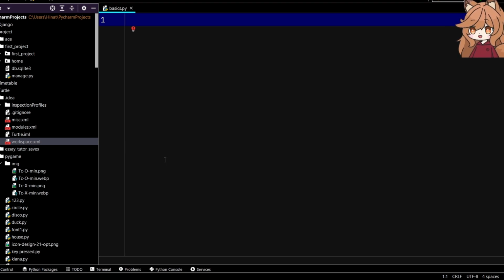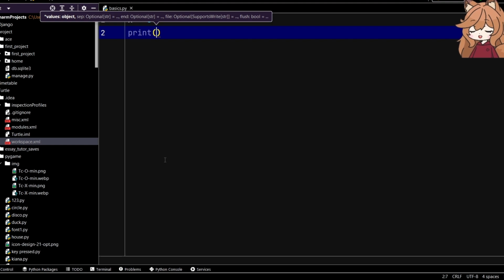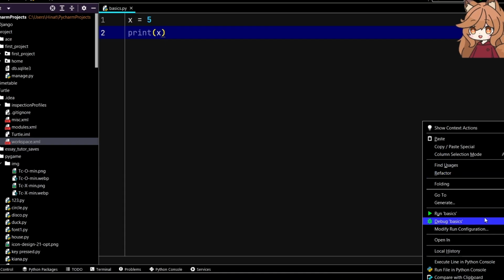Today I'll be showing you how to use Python variables. Now, there are many different types of variables, but today we will mostly be talking about two different types. First type is the integer or number variables. So x is equal to 5. And now you can print out this variable to show. So instead of typing 5, you would just print x and then x